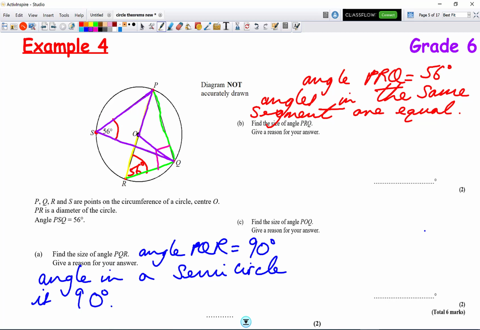Now we know a well-known circle theorem that the angle at the center is twice the angle at the circumference. This angle POQ, let's call it X, will be double of 56. So 56 times 2, 6 times 2 is 12, 5 times 2 is 10, plus the 1, we get 112. So angle POQ